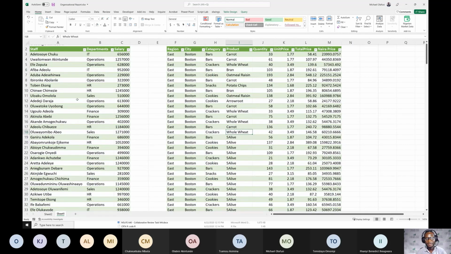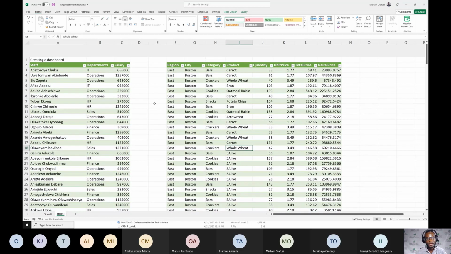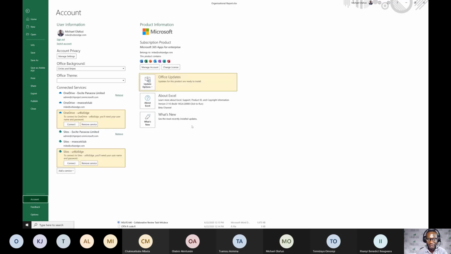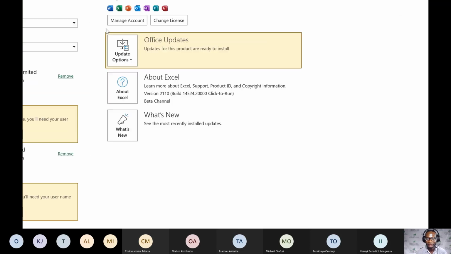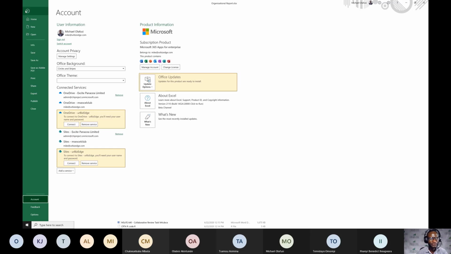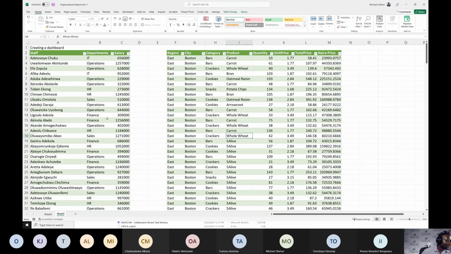By the way, I found out some other thing that might be affecting my own. I'm on a beta version of Excel, so all kinds of crazy things go wrong with my version too. I just even remembered that might be the reason. If I go to my account, I'm not in a normal version of Excel. I'm using a beta channel. Maybe very soon I might have to revert to a normal channel, because sometimes all kinds of funny things go wrong. But any other questions?